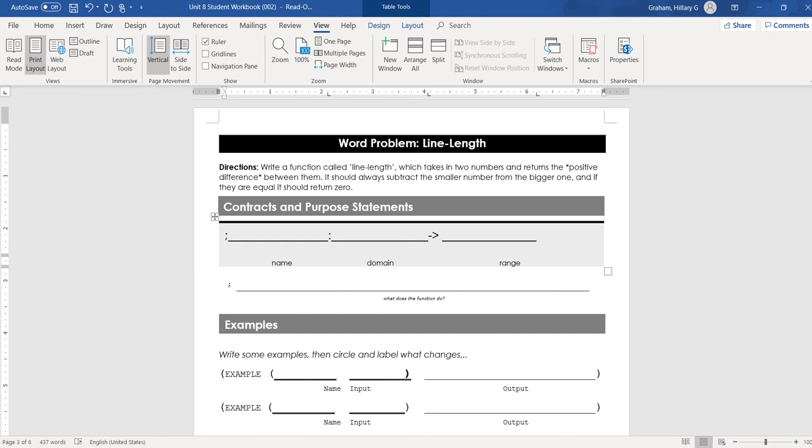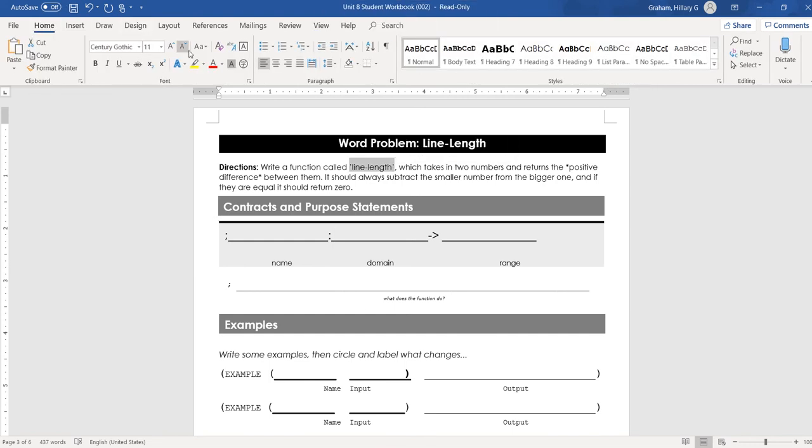So I'm going to follow along here, and it says write a function called line length, so I know right there that that's my name, so line length can go right here, and then which takes in two numbers, so I know that my domain is going to be number, and then it returns the positive difference between them. So I know that positive difference means difference is the answer to a subtraction problem, and so I know that this is going to be a number of some sort, but I'm not exactly sure how that's going to add into my